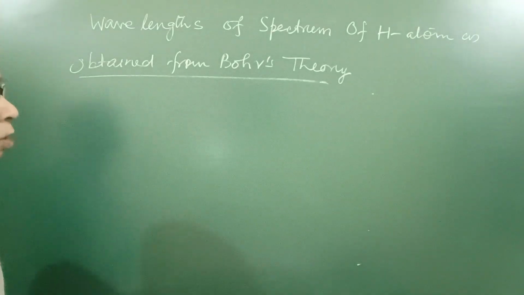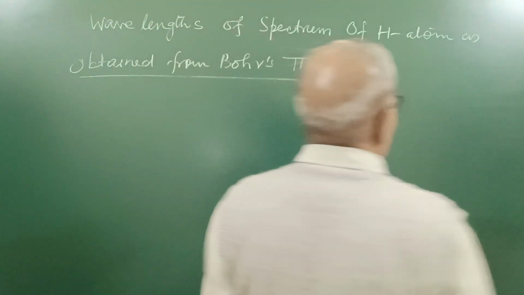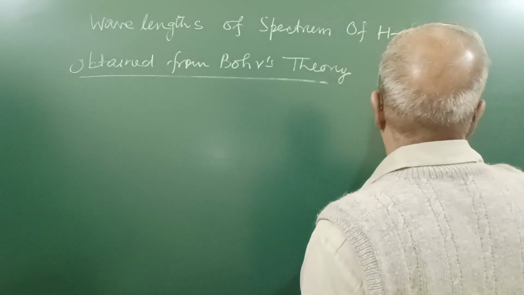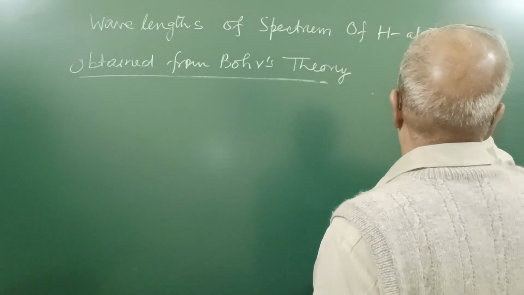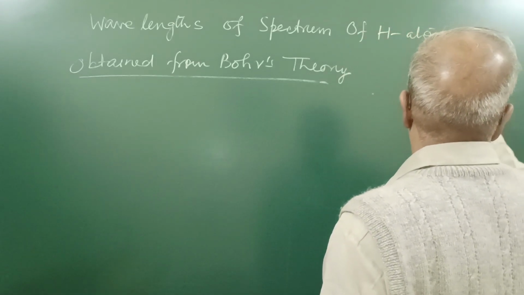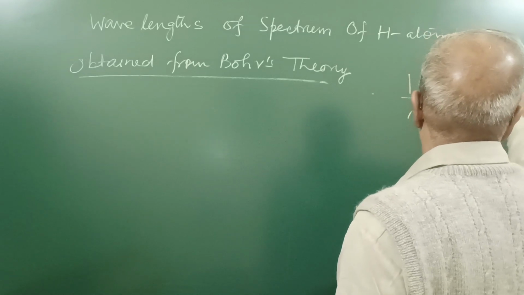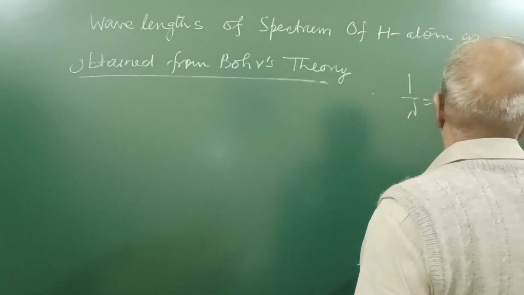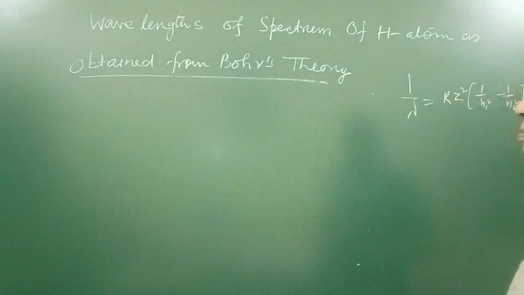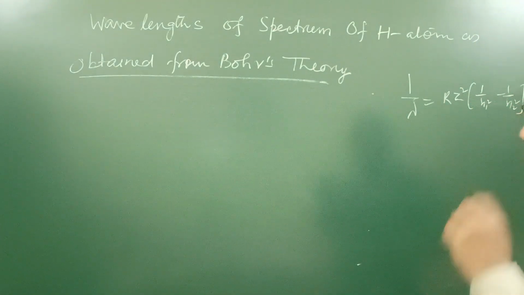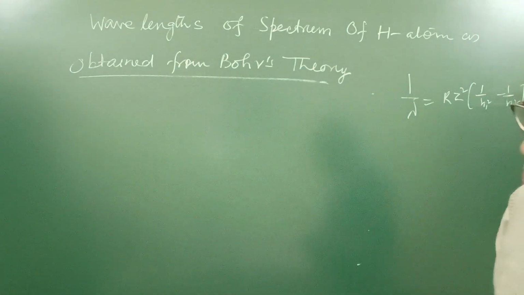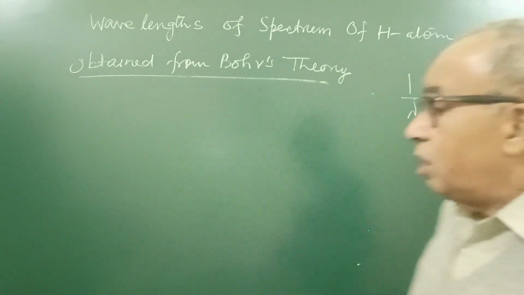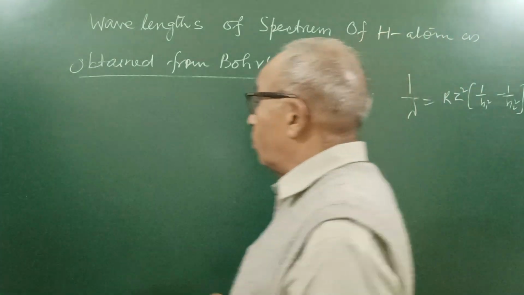Jason, in the last video I told you this wavelength formula, 1 upon lambda equal to R Z square into 1 upon n1 square minus 1 upon n2 square, derived by Bohr, and also told about the Lyman series. Now for the Balmer series,